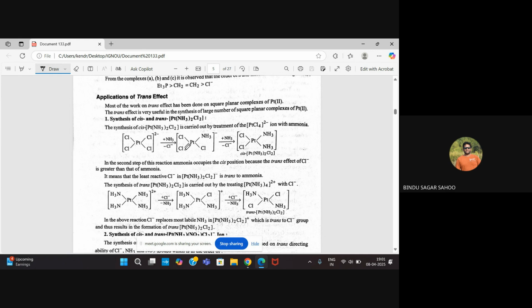But in this direction, one chlorine is present and one ammonia is present in this axis. So the labile effect will be more in this direction, or in this axis. And here the labile effect will be less due to the presence of one chlorine and one NH3 ligand. So in the second step, the leaving group, the removal of the ligand, occurs from this axis, in which the labile effect is more. So out of these two chlorines, one